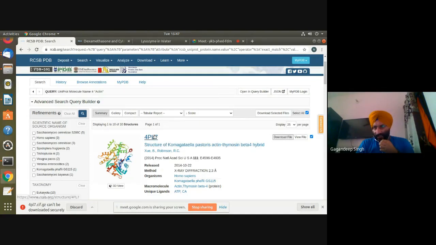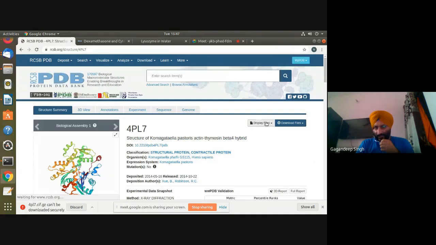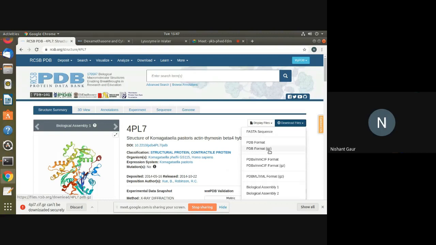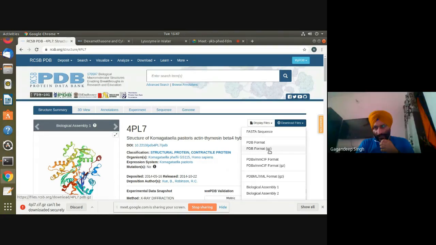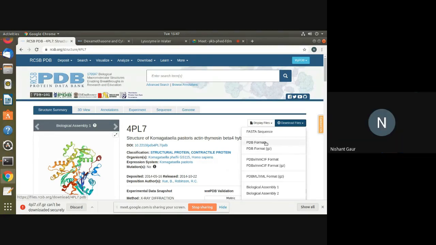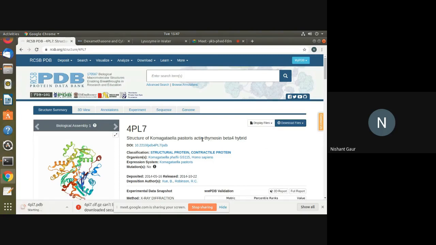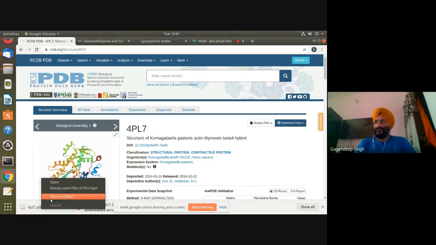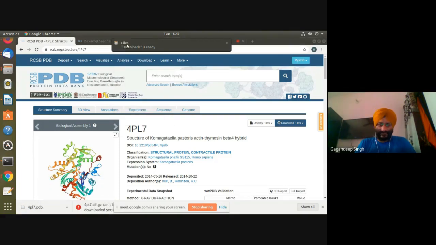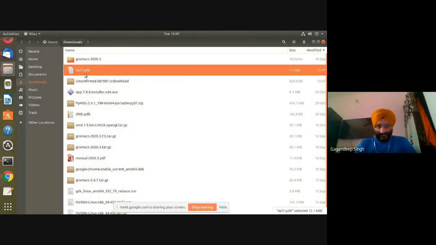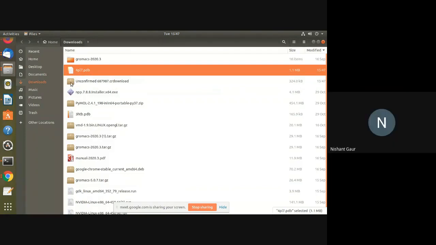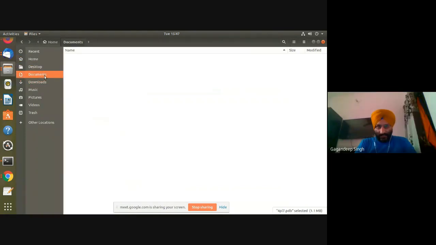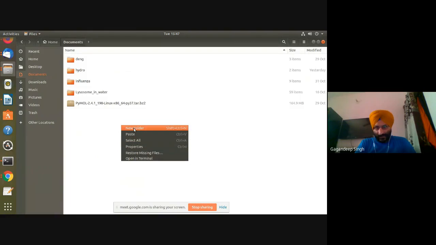Download this structure. PDB format is also okay, no problem. The PDB structure has been downloaded. Now select this structure in GROMACS and give the path of this structure.